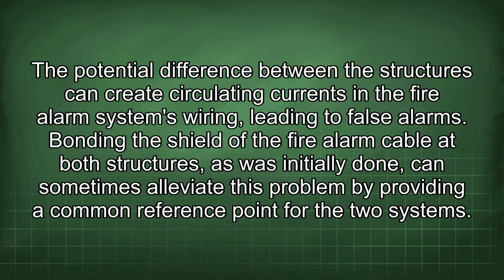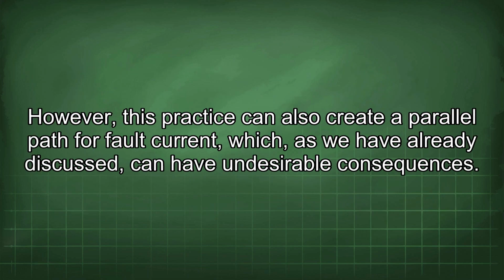Bonding the shield of the fire alarm cable of both structures, as was initially done, can sometimes alleviate this problem by providing a common reference point for the two systems. However, this practice can also create a parallel path for fault current, which, as we have already discussed, can have